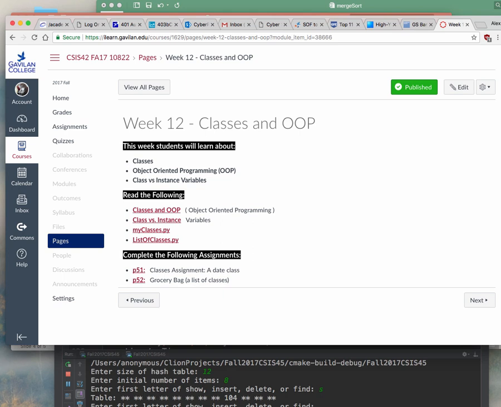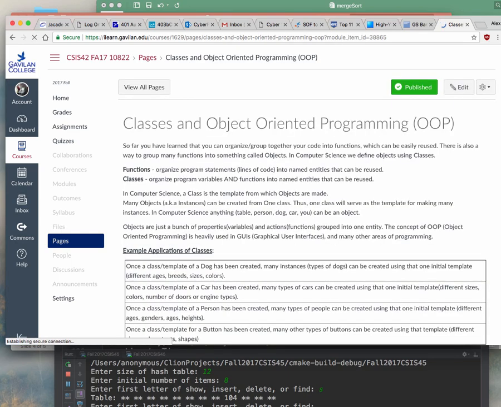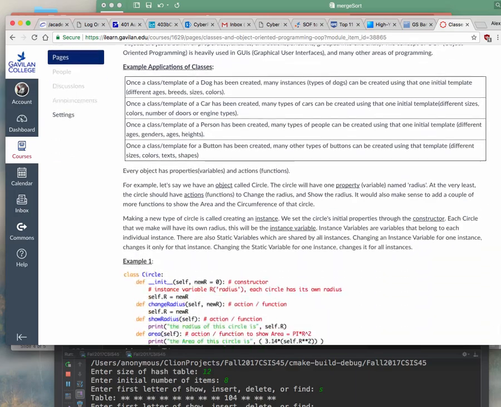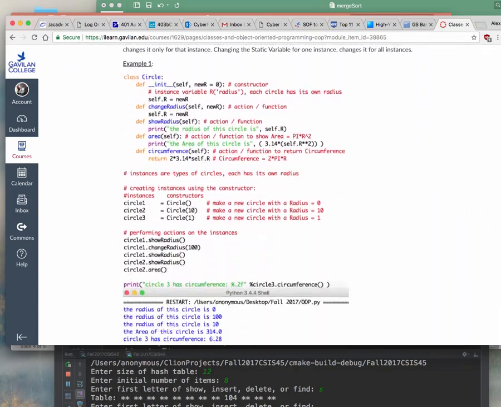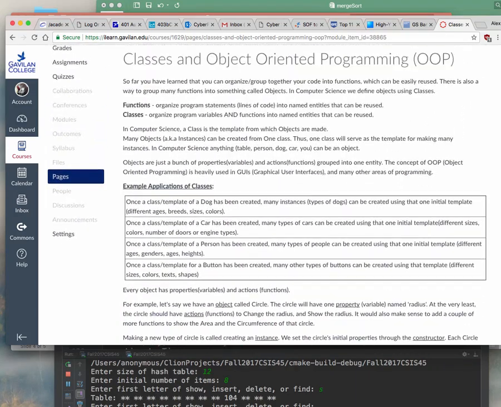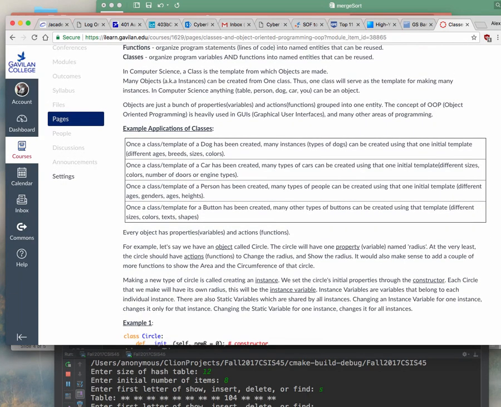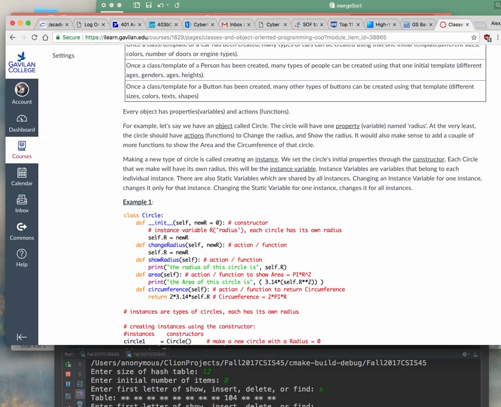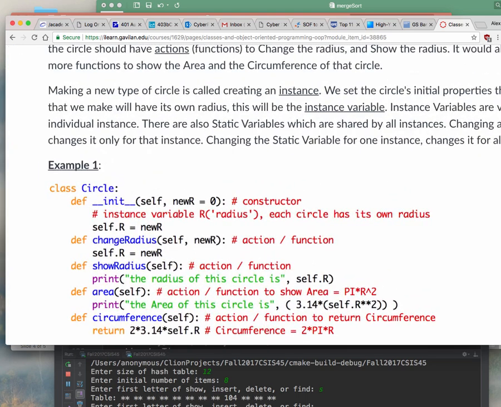Okay, so all right. So let me tell you about objects. So let me just look at this real quick. Okay, so I've written a whole bunch of things in there, with some examples and stuff like that. But it's best if I just dive right into this thing and show you what it is.